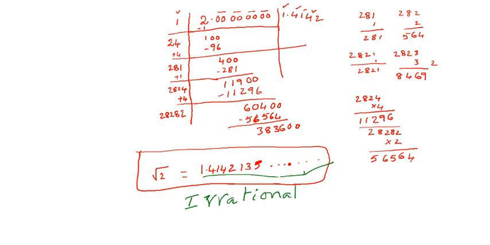The numbers which are possible to write in the form of p/q, where p, q belongs to Z and q is not equal to 0, then those are called rational numbers. Here you may observe these are not possible to write in the form of p/q. Hence these type of numbers are called irrational numbers. These are represented by the letter Q dash or S. Okay, now we move to the next point on this.